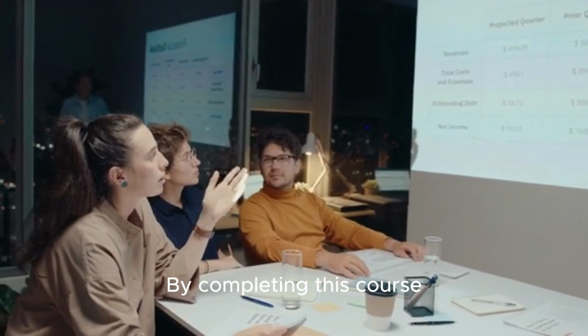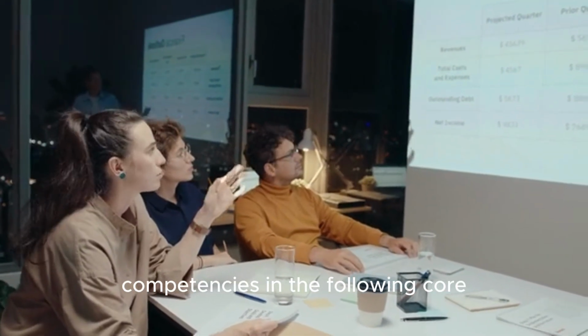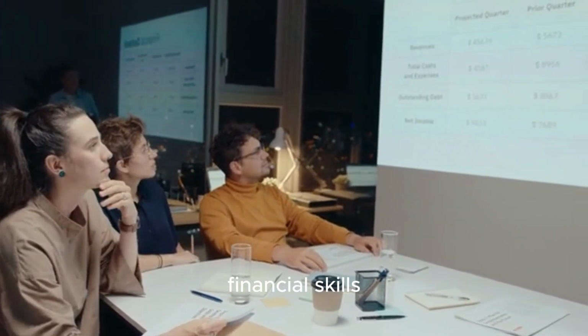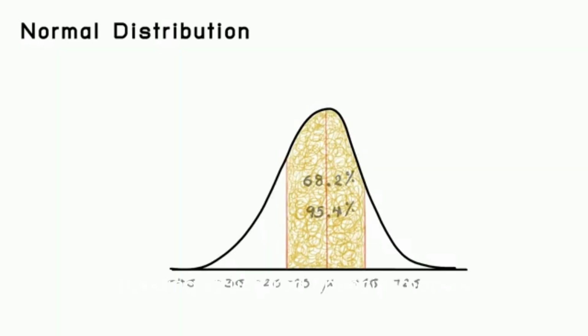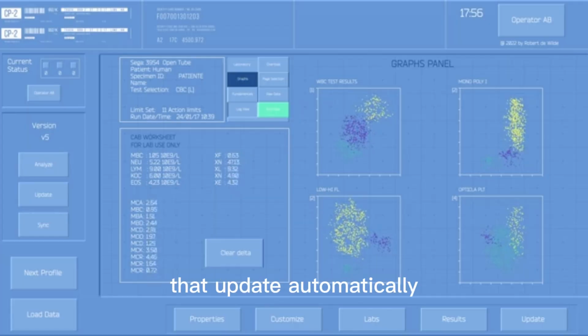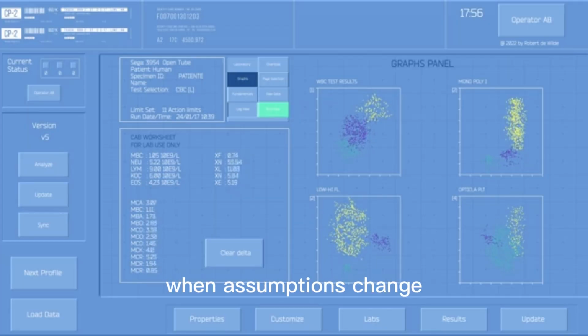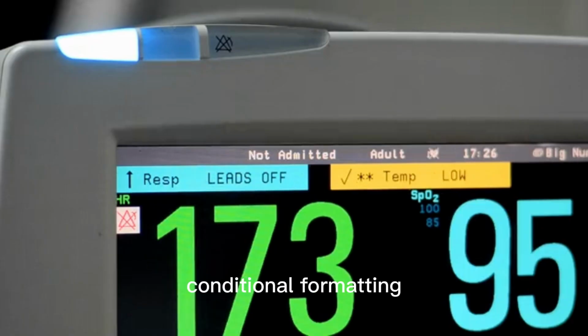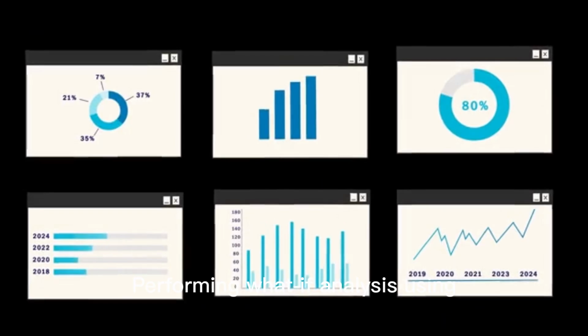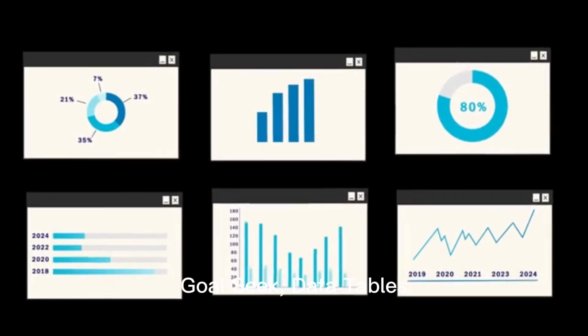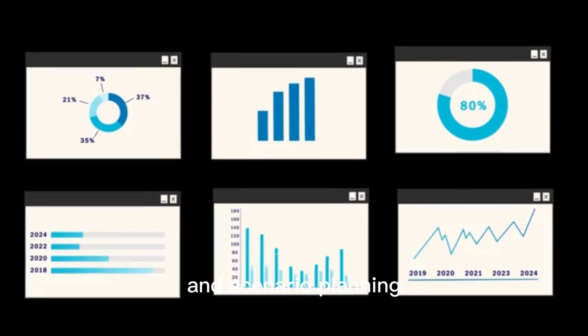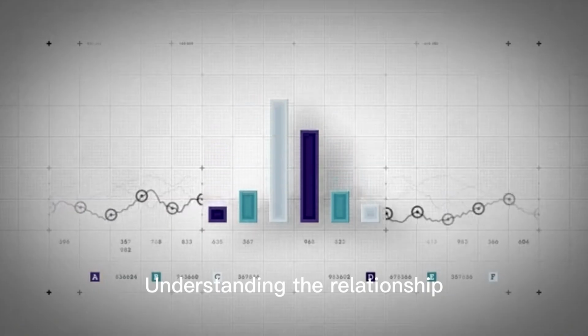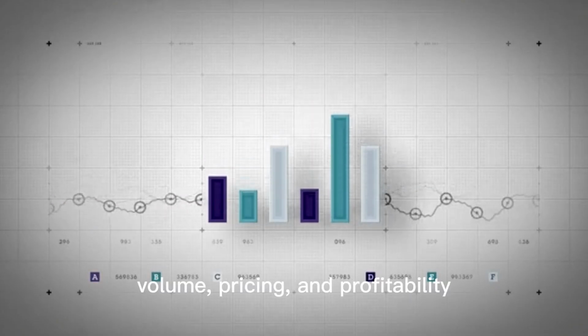By completing this course, you have gained mastery and competencies in the following core financial skills: building structured financial models using the input-calculation-output framework, creating dynamic formulas that update automatically when assumptions change, designing professional dashboards with conditional formatting and visual alerts, performing what-if analysis using goal-seek, data tables, and scenario planning, understanding the relationship between costs, volume,